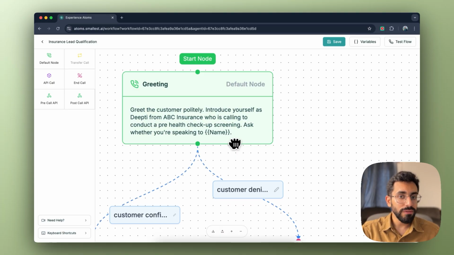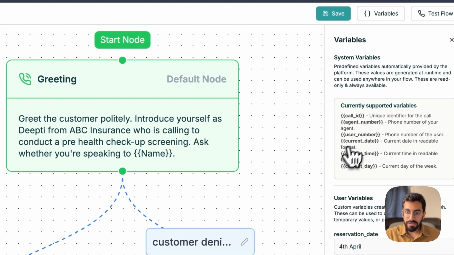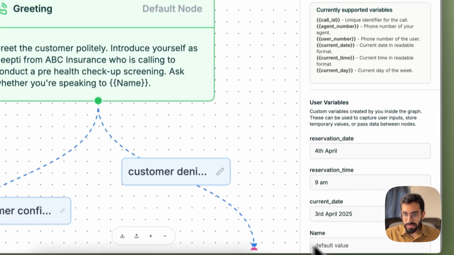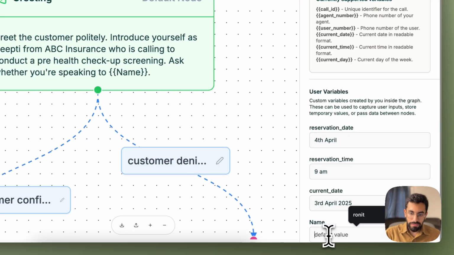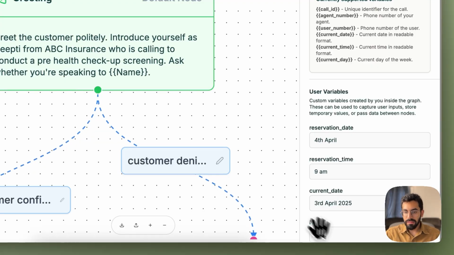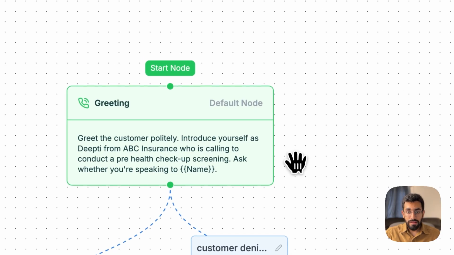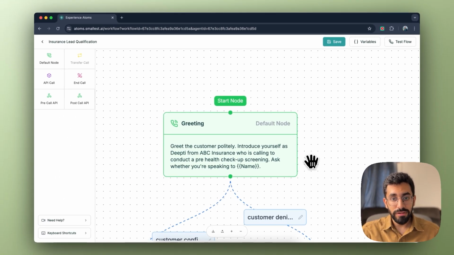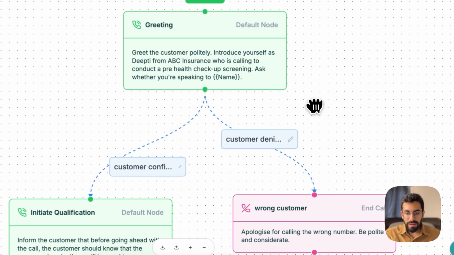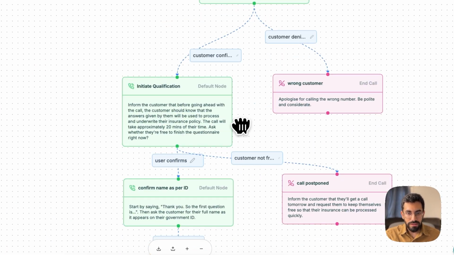Now let's say you want to test this out even before calling your customers. You can hit the variables button right here. Under user variables you will see the name come up and you can add your name there. So I'm just going to put that, close that, and you'll see in the test call that I'll do, it will say, am I speaking to Ronit, right? And so then it goes ahead, continues the